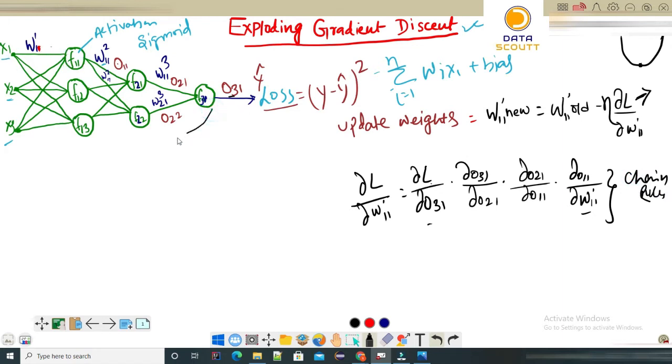So this is the derivation with chain rule, but to get this we have one more path, which is this path. We have this path and these two paths. So with these two paths only we'll try to compute the weight. So let's ignore this path for the time being. So we have this loss and we have these derivatives.